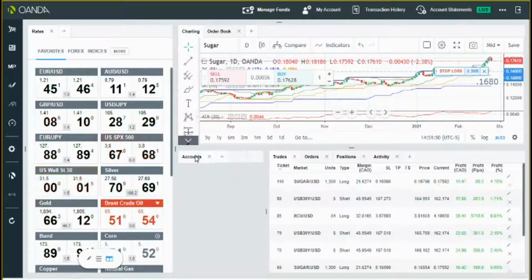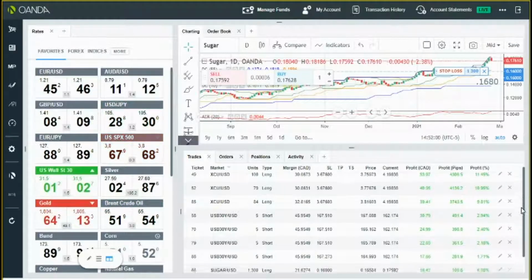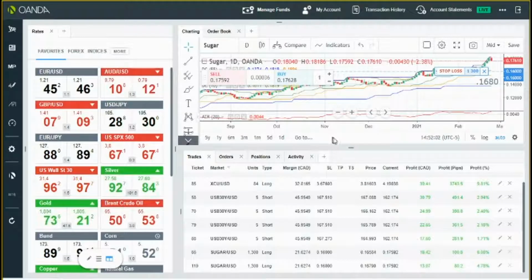Now, just to further elaborate here, I've already got 3 positions on, or 3 units on for copper, 4 for bonds, and I think it's 2 for sugar. I actually had one for natural gas, but